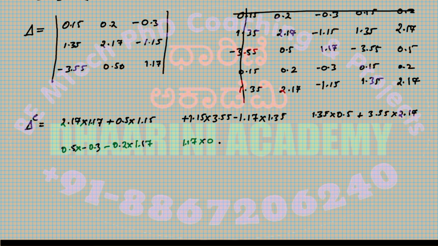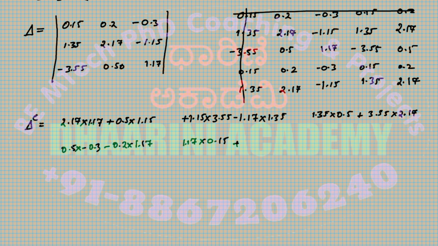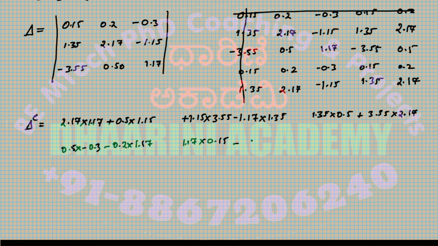1.17 into 0.15, this is minus 0.3 into 3.55, minus of 3.55 into 0.2 minus 0.15 into 0.5. The third row elements, 0.2 into minus 1.15